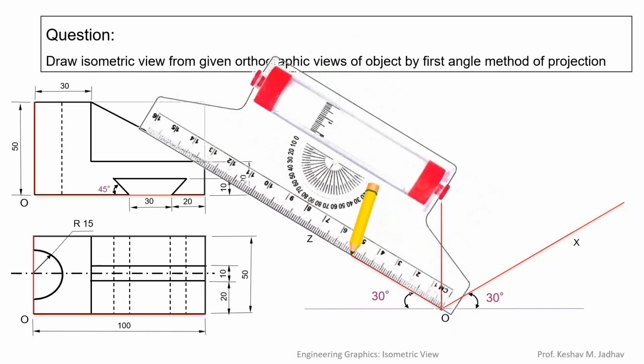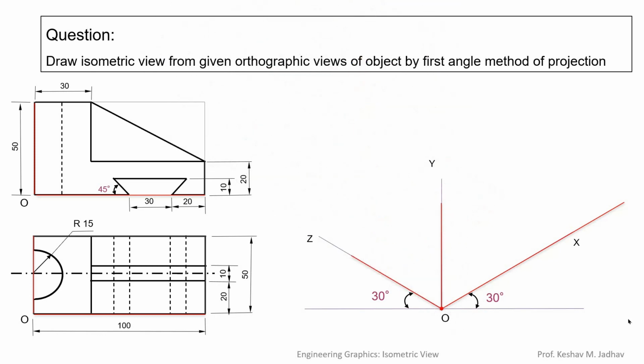So in this way we have got three dimensions, that is along x-axis, y-axis and z-axis. So if front view is placed on right side of point O, then horizontal line will be along x-axis and vertical line will be along y-axis. Whereas if you see in the top view, if object is placed in right side of point O, then vertical line will be along z-axis. So in this way we will get three dimensions, and by using these three dimensions we can complete the isometric